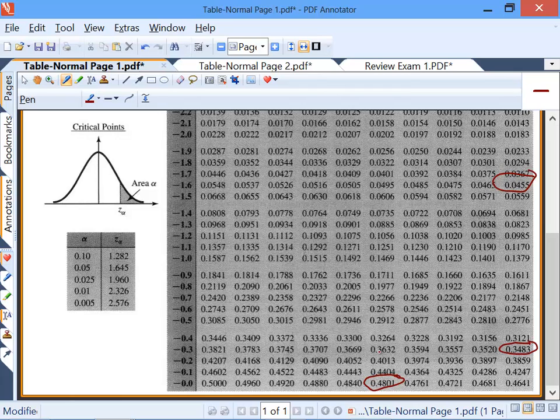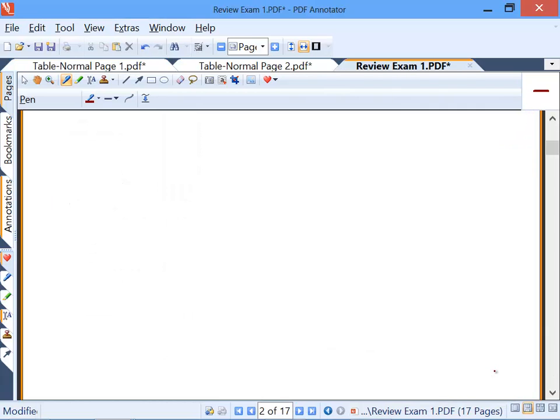And this table will be included on the exam? This table will be included on the exam. I will ask you though, but as far as review for the exam, we'll do